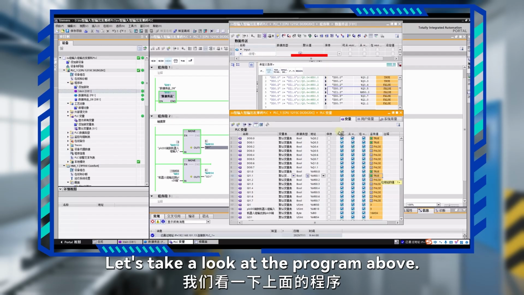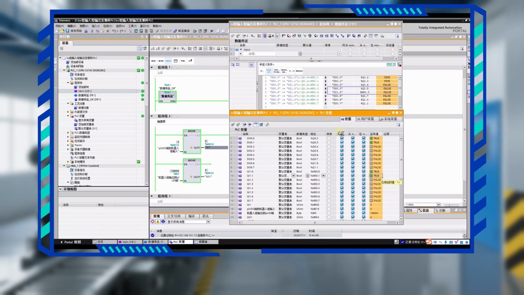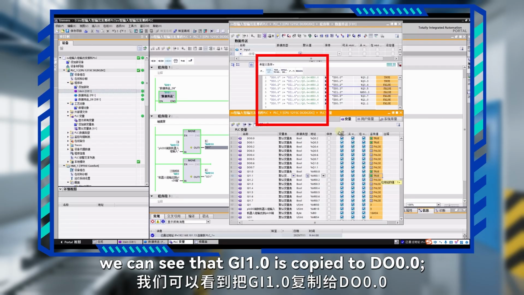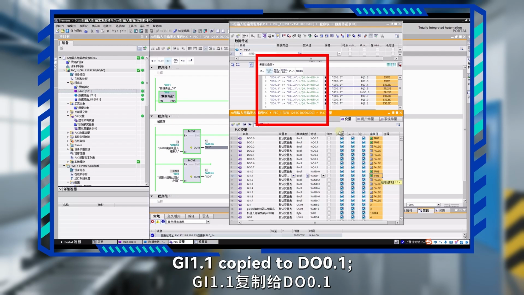Let's take a look at the program above. By copying the program, we can see that GI1.0 is copied to DO0.0, GI1.1 copied to DO0.1, GI1.2 copied to DO0.2, GI1.3 copied to DO0.3, GI1.4 copied to DO0.4,